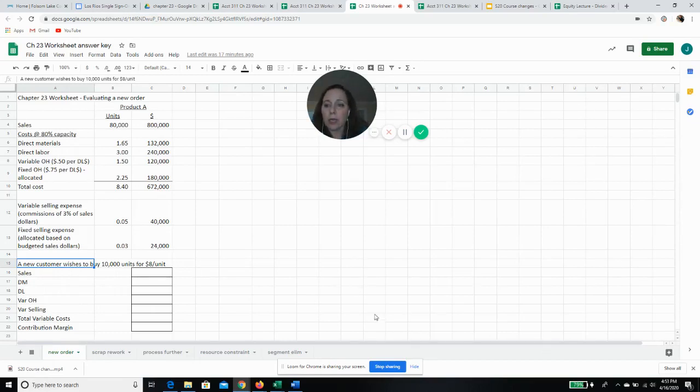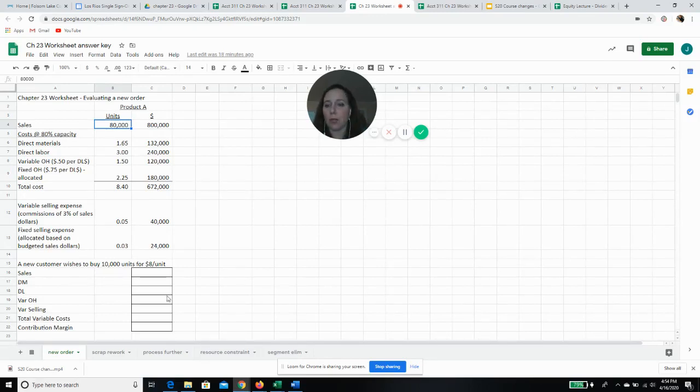And so to do this, we're going to say, well, what would be our contribution margin? And we're only looking at the contribution margin because we're working under the assumption that our fixed costs are already being taken care of by the 80,000 we're making. So we've fully allocated our fixed costs to the 80,000 units we're already making and selling. So since they're fixed, we don't necessarily have to attribute them to the products that we are considering perhaps selling